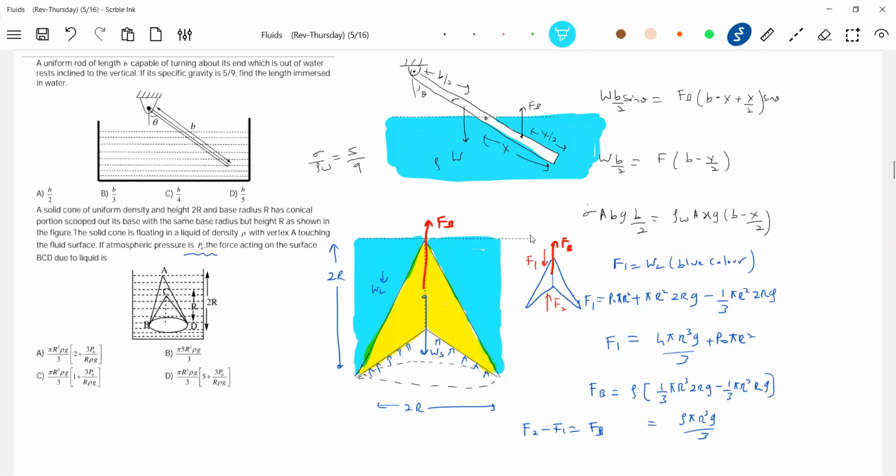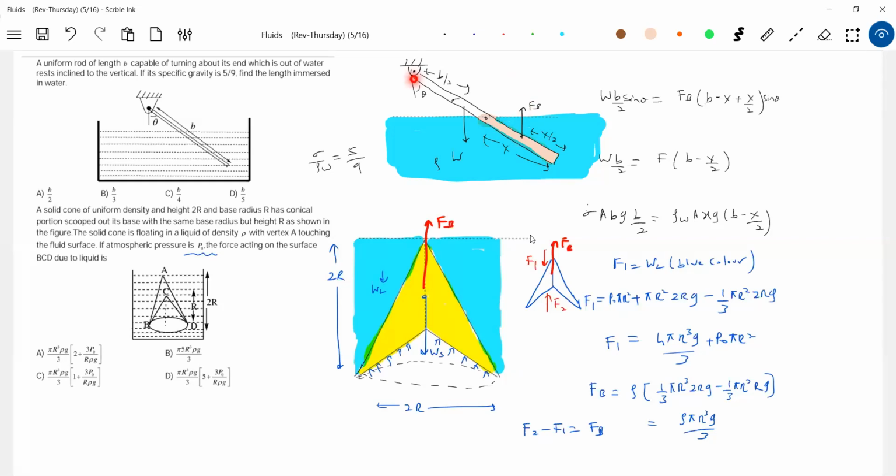This is the thing. So the buoyant force, is it all immersed? Okay, this is the volume immersed. Half of the length is immersed. The buoyant force will act through the midpoint of the volume immersed here, x by 2. If x is the length immersed, at x by 2 it will act here. I don't know, this need not be the midpoint. The weight is what I'm showing here. So the buoyant force you should not show through the center of mass. So what is the length of the solid rod immersed? At x by 2 is where the buoyant force will act, and it's an upward thrust, so it should be vertically up.